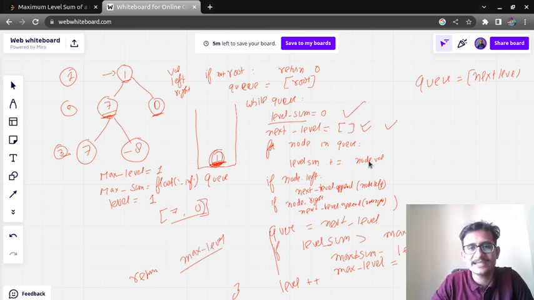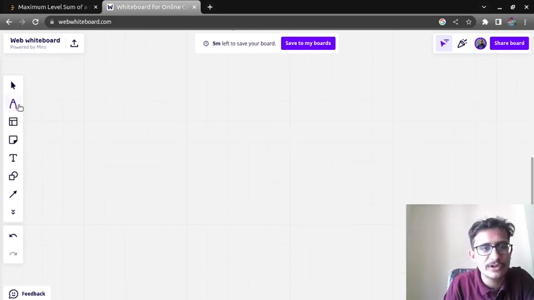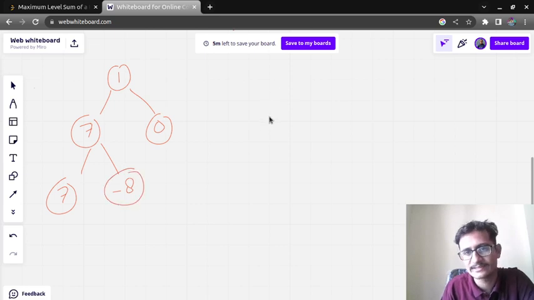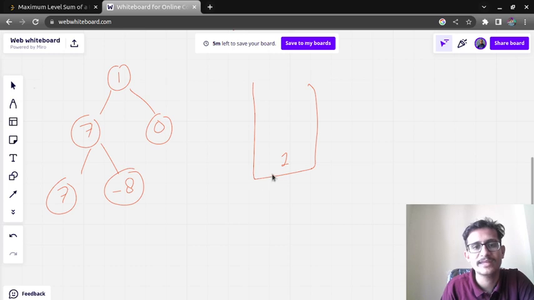Okay, so basically what we did is, first of all we have some elements. I will explain again. 1, 7, 0, 7, minus 8, we have some elements. We inserted the element in the queue. Then we find the current sum. In this case the current sum will be equal to 1. Then we check, is it greater?